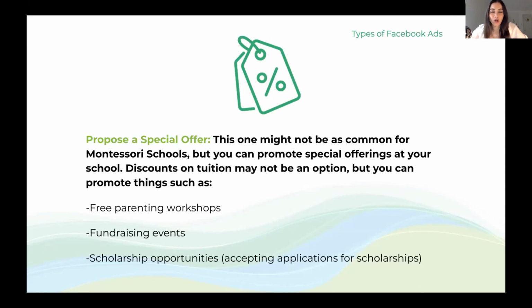But you can also propose special offers in unique ways that work for your school. What you can do, and this is something Facebook adds a lot, is scarcity. So, being scared to lose the ability to convert right now and get the offer. What we ran, I don't remember the name of the school, so sorry, is limited places. Like, we've got only two seats for ages 8 to 10 in our Montessori classroom,